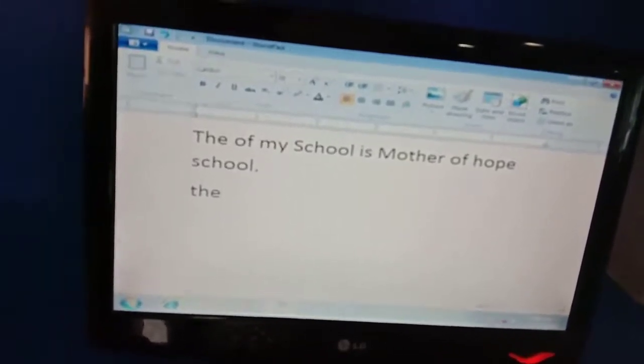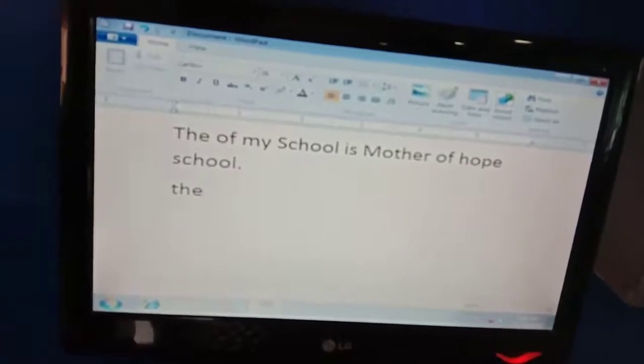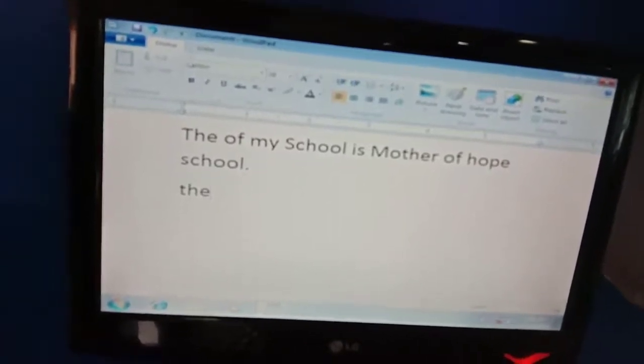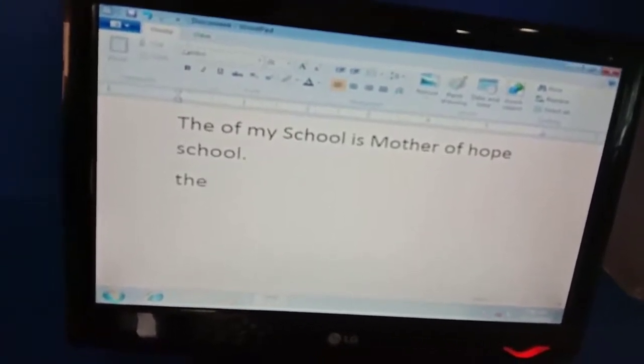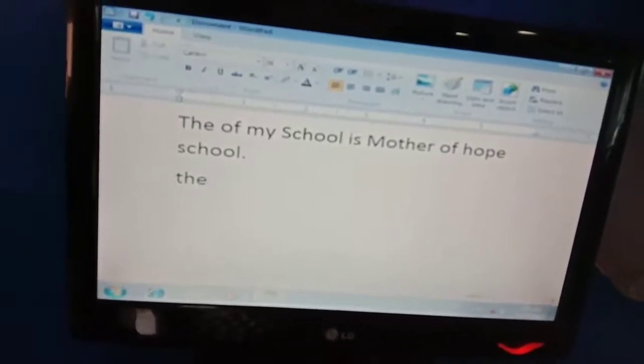And the space bar key. The use of the space bar key is to leave space between two words. Suppose I have written here, then press your space bar key. It will leave space and then you can continue, the name, N-A-M-E, name. After writing one word or completing one word, give a space. Okay, so it will leave space.